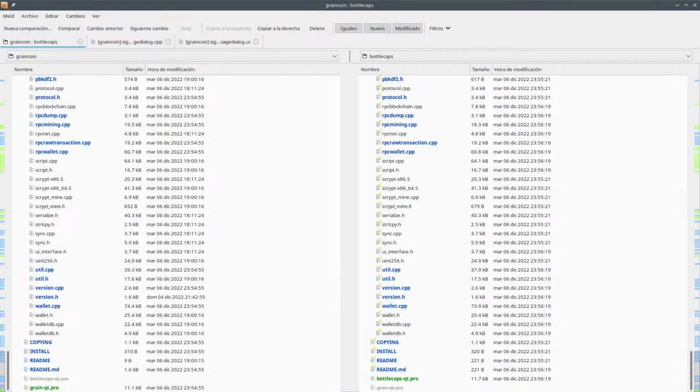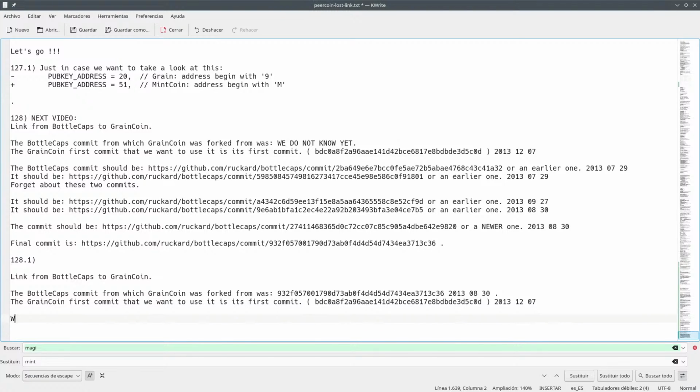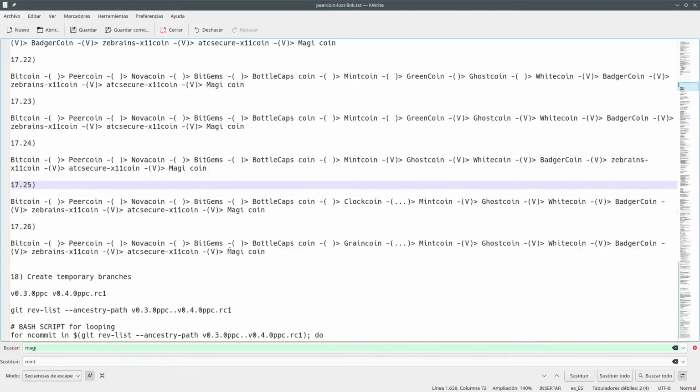Yeah, so let's do this. We are about to make commits at this path here, okay? And now we are done, and this should be, so GrainCoin and meme coin was done. BottleCaps. Yeah. So now we are missing the link between GrainCoin and BottleCaps, and we know where to fork and just do everything. We can go